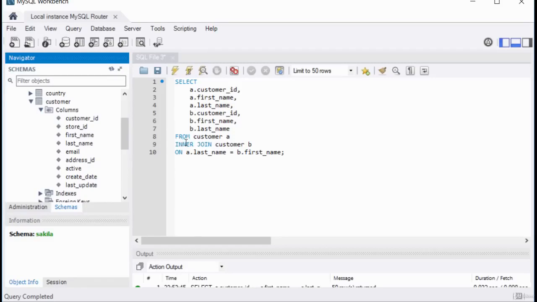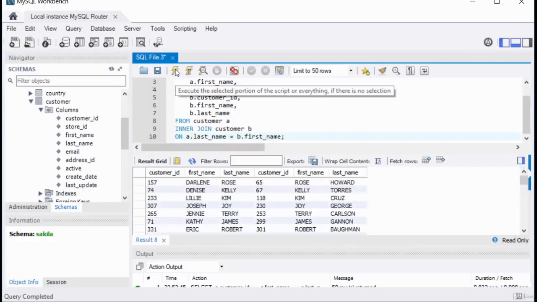So again, I'm saying from customer A, which is from this customer table with the alias A, I'm getting these fields, and then I'm doing an inner join with customer B, and using the ON clause is basically what glues the data together. So I'm saying last_name from customer table A, and I'm joining that to first_name of customer